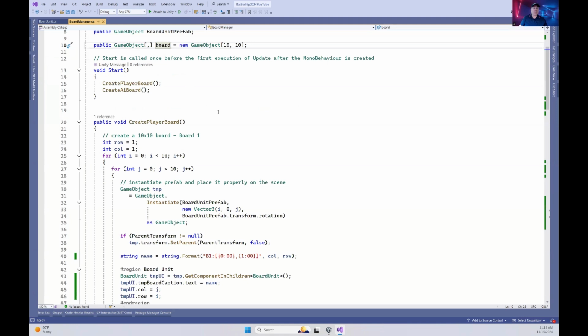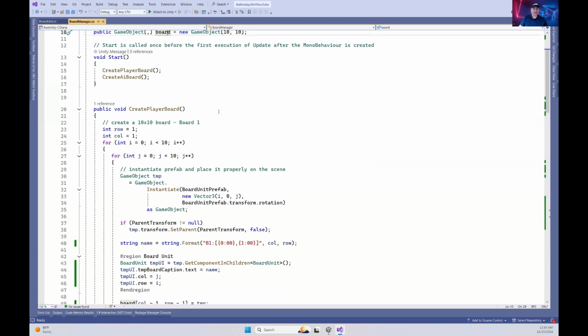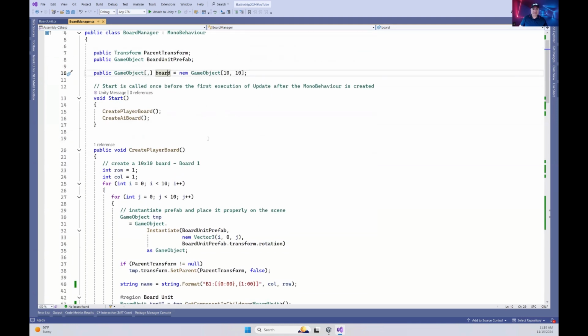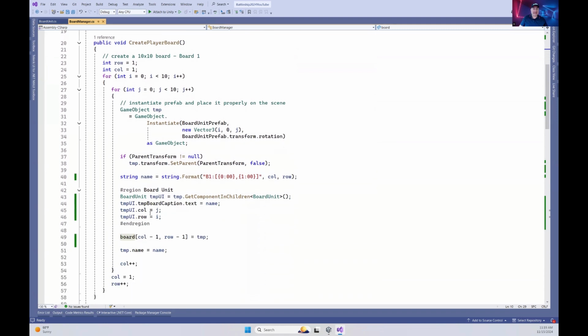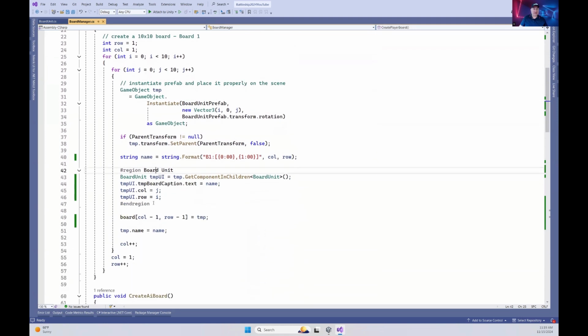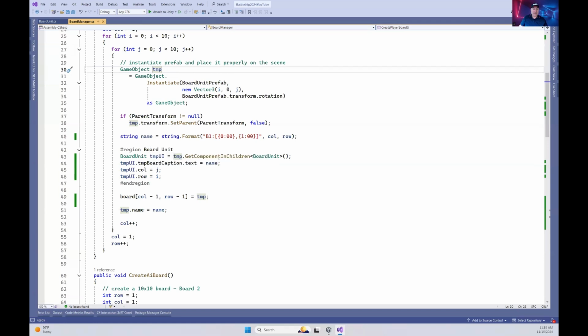Switching over to our board manager. In the board manager, pretty much the code is still the same. The only difference is that we have added this board unit region. And basically what we are doing is once we are instantiating the board unit, we are getting the board unit component